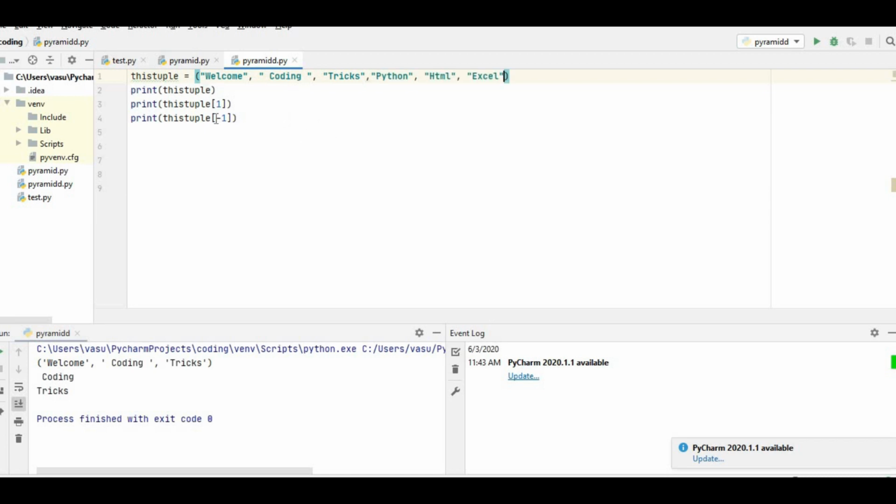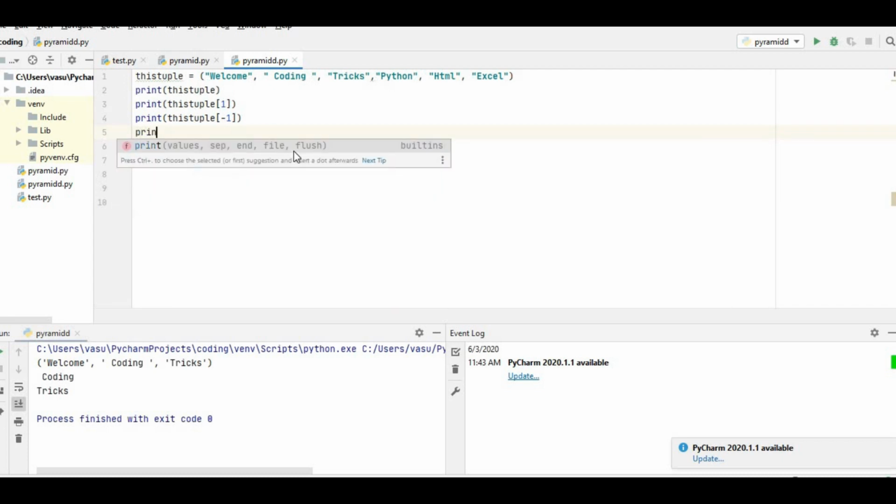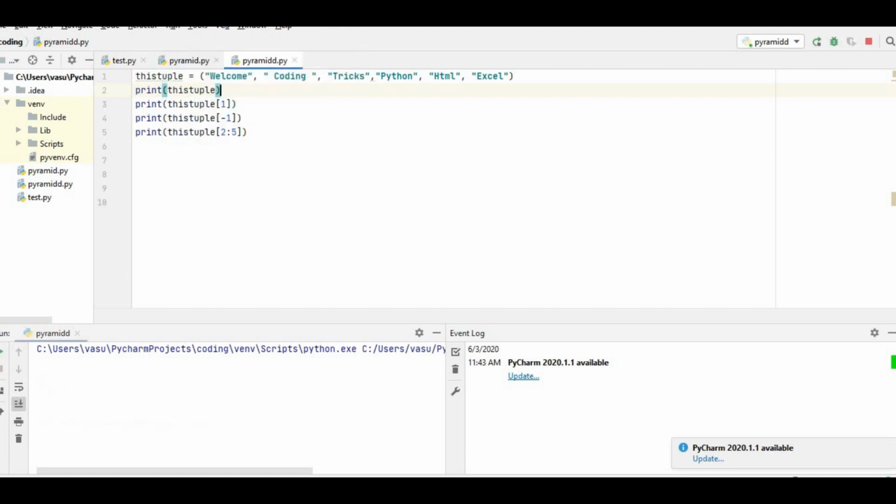When I print tuple of 2 to 5, this is 0, 1, 2, 3, 4, 5, so from 2 to 5 it will come. See, text, Python and HTML. This is how it gives.